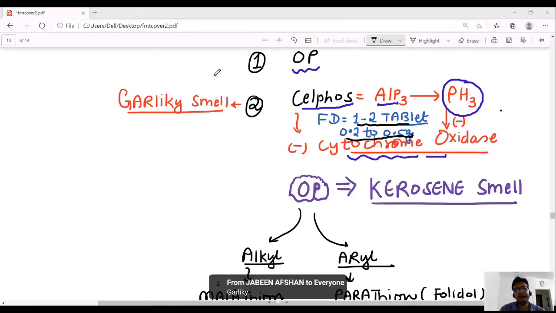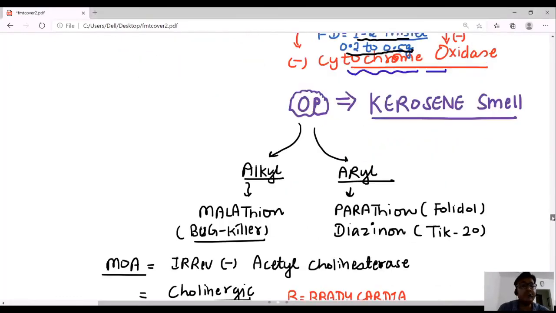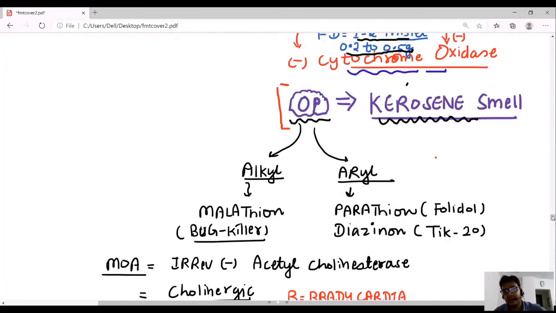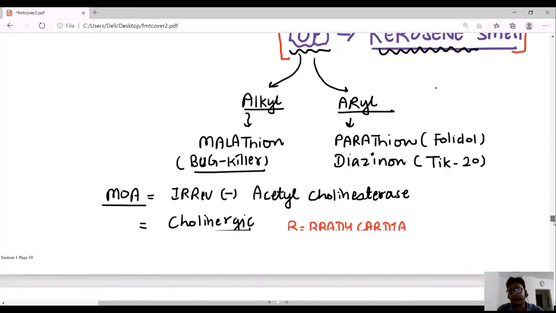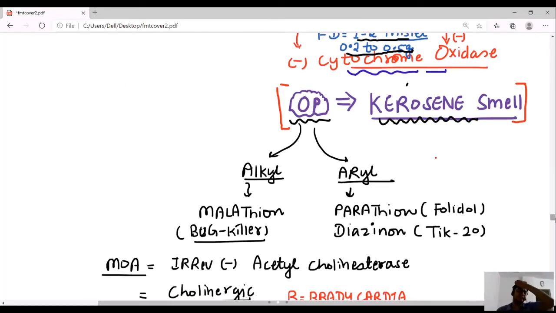But sir, now I am coming to a very important poison which contains phosphorus but the smell is not garlicky. It is organophosphorus, which gives a kerosene like smell. This is a very important MCQ, my dear friend. Organophosphorus gives a kerosene like smell. Black foot disease is caused by